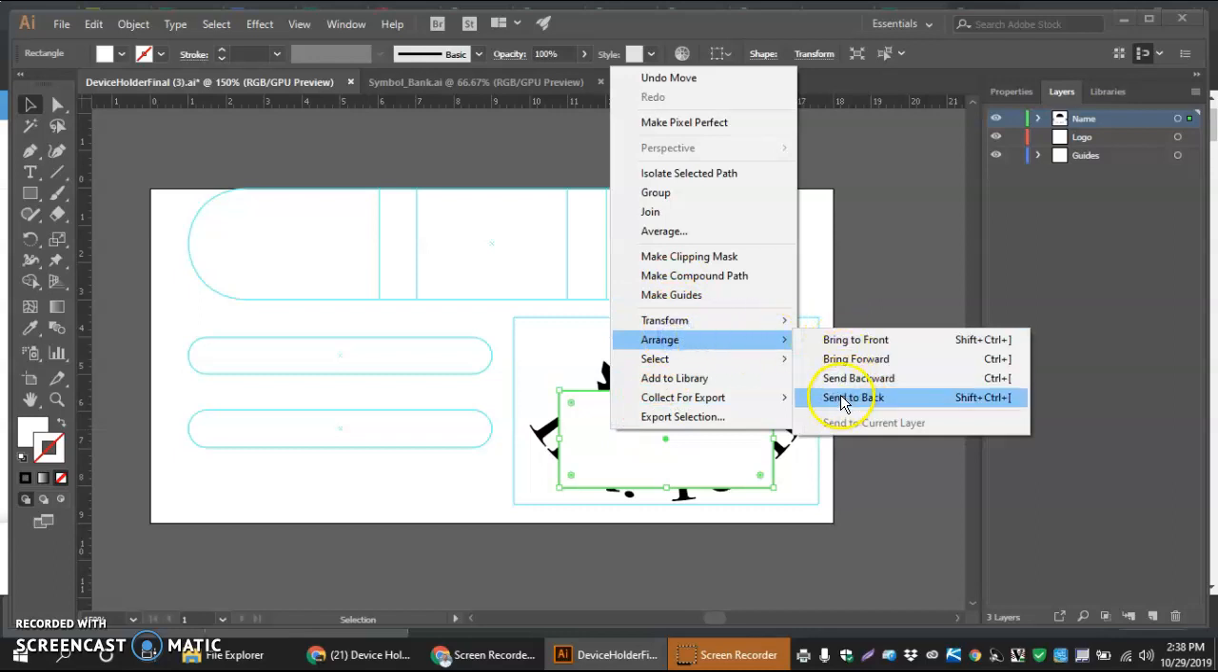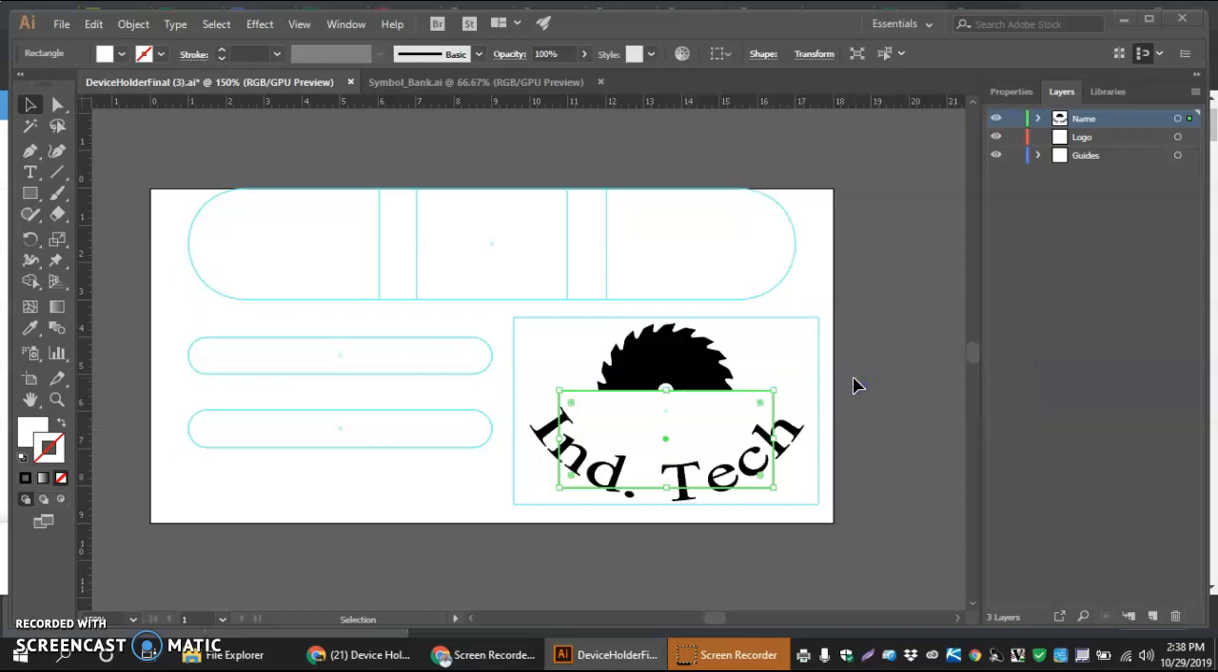And I don't want to send it all the way to the back, so I want it to cover my saw blade. At the same time, I don't want it to cover my Industrial Tech, so I'm just going to send it backward one step. The more layers, the more you might have to do that in between. Now, if I deselect, it'll kind of give you an idea of